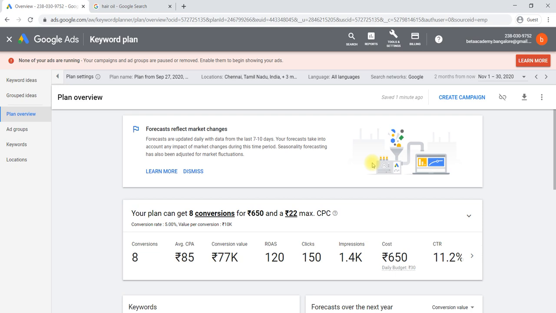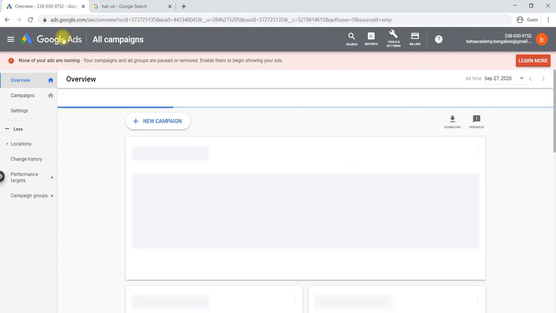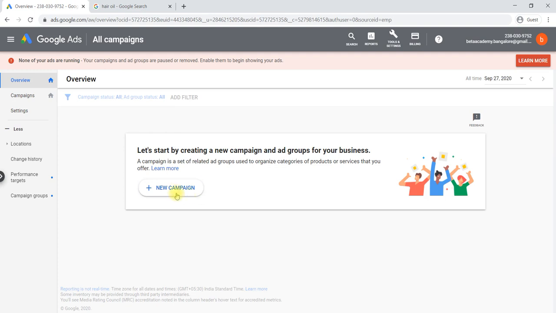First we have to plan which keywords are relevant for you and which have the lowest cost per click, and you will have a fair idea about the budget and location. Everything you have an idea of now. Later we will be discussing Google Ads. After this, we'll come back to Google Ads and we'll start a campaign.